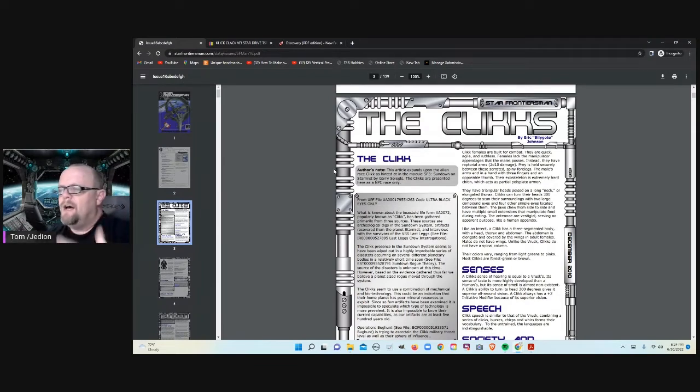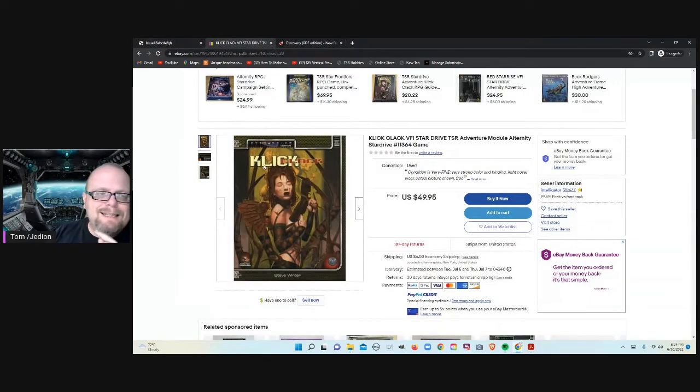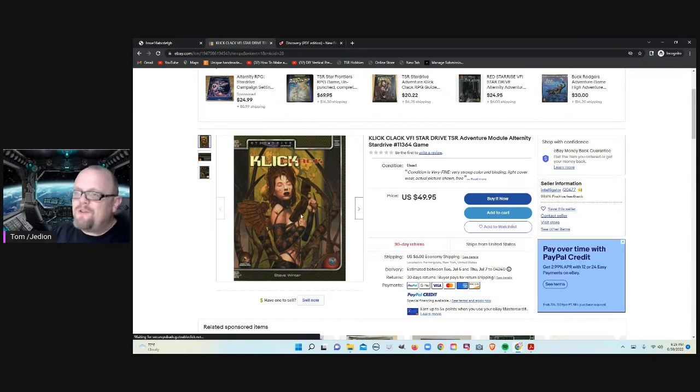You know, it's kind of a two-page racial brief for using the Clikks as an NPC race within the setting. Useful. That's a very useful thing. However, I don't suspect from reading it, and from the fact that I actually own this module, that it benefits from the Click-Clack module, which was written by Steve Winter, no less, of Star Frontiers fame, for the Star Drive